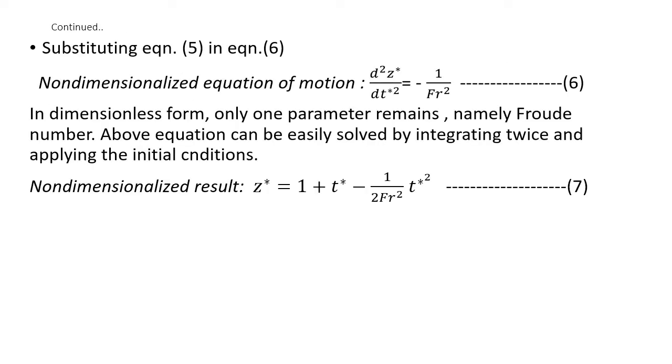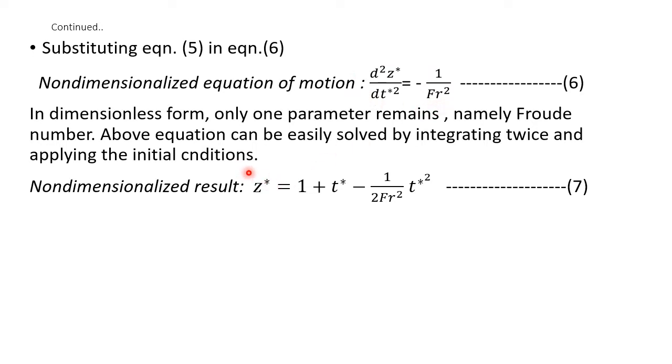So when I see here, I have a Froude number. When I take this to the RHS, d square z star by dt star square is equal to minus 1 by Froude number square. So in dimensionless form only one parameter remains, namely the Froude number. The above equation can be easily solved by integrating twice and applying the initial conditions. So whatever expression we got in equation number 6, double integrating this and applying the initial conditions, I will get